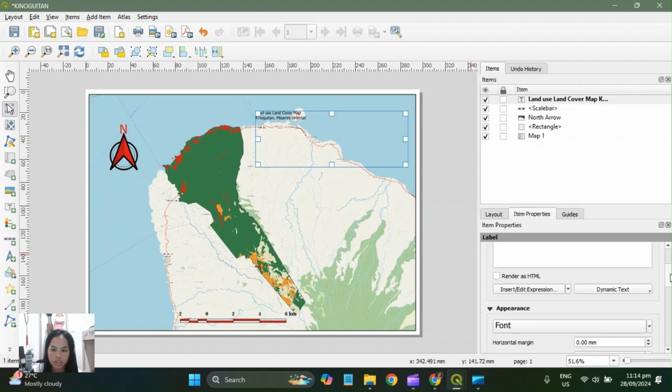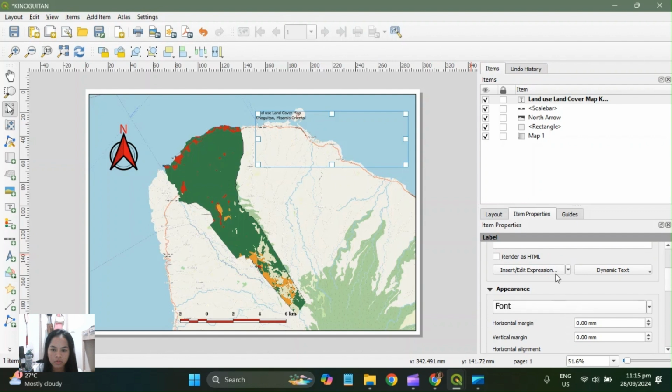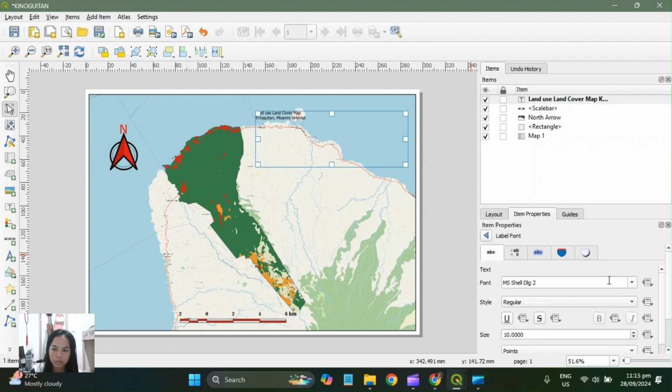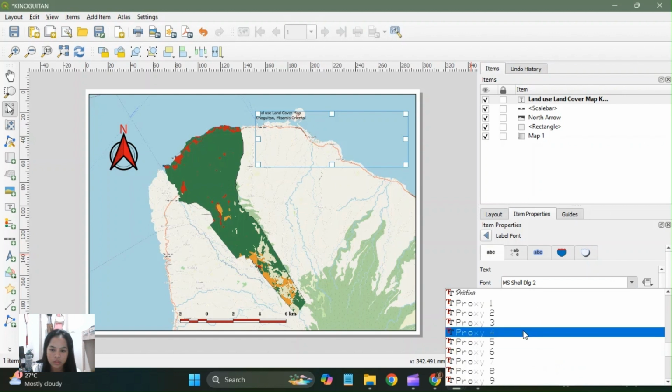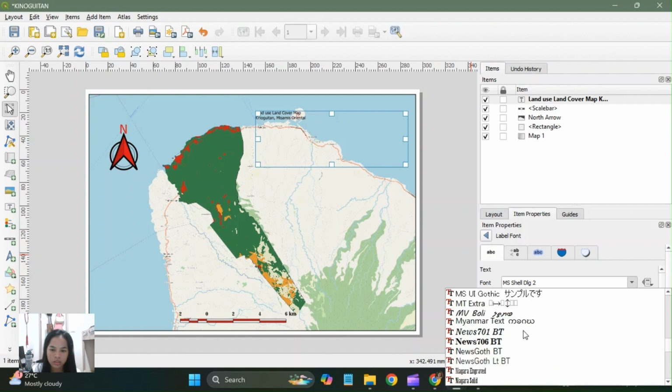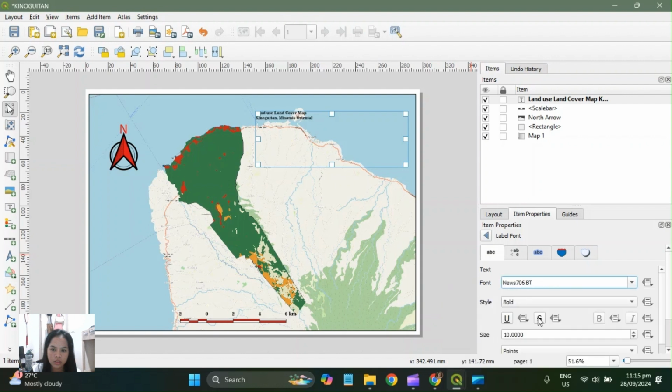You can change the font for your label, like this one, and then the font size.